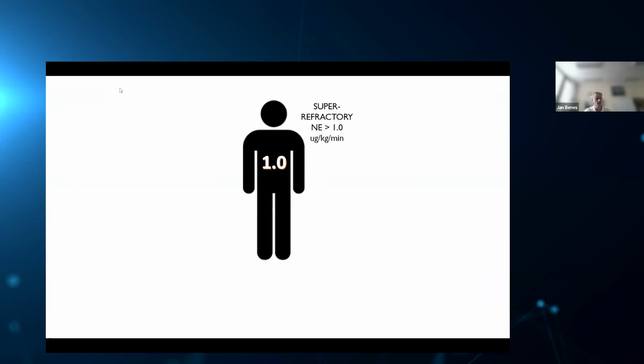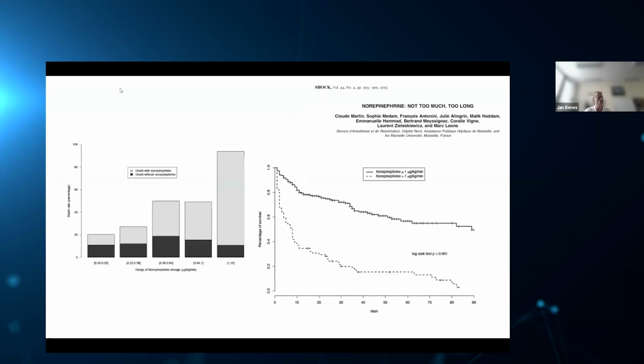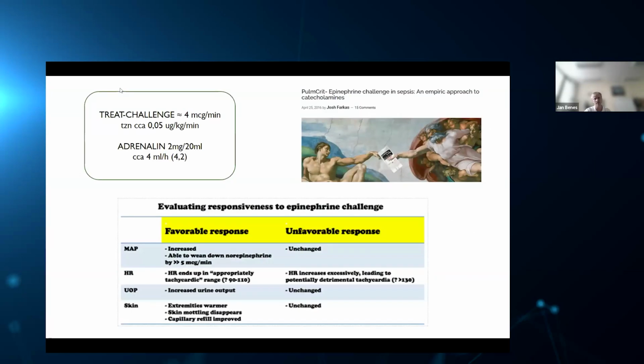Okay, let's discuss a patient where we add more. We are having vasopressin and we are still increasing the norepinephrine dose. Definitely a patient which is very likely to die. So that's the high risk population. Some authors